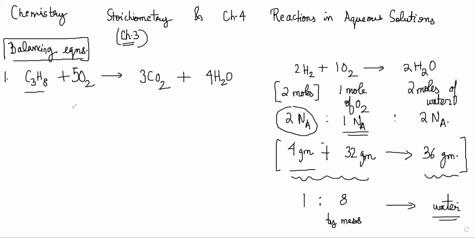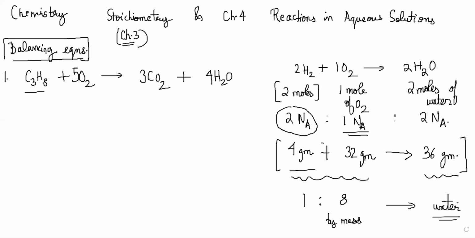So the trick to balancing mostly is to try to balance first the atoms that are present in the least number of things. If carbon is present in only 2 places, it will be easy to balance carbon. Balance carbon, then balance hydrogen. Oxygen is present in 3 compounds here, so that is done at the end. First balance the ones that are present in the least number of things, and then balance the rest. You already know balancing, so we'll not spend too much time on this.